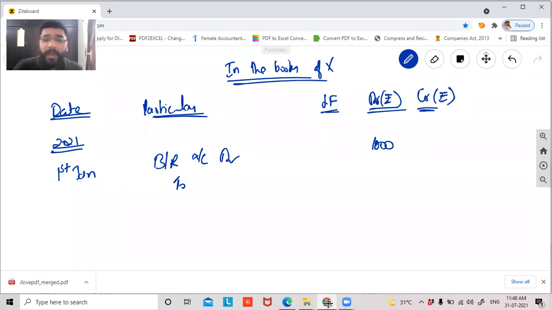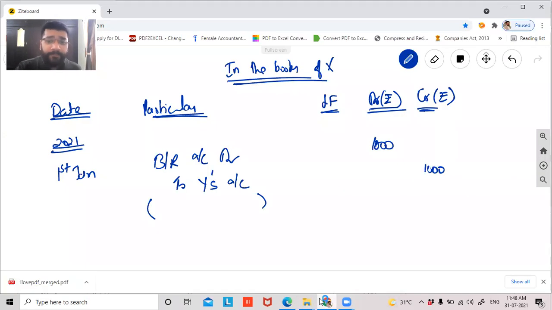Yes, sir. And this 1000 rupees, whatever is coming in, is it the permanent money of X? Will X keep that money permanently? No, sir. X has to repay that money back to Y in future. So we have to remember to repay the money back. How do we remember to repay the money back to somebody? By creating a liability. So we are creating a liability in Y's account.